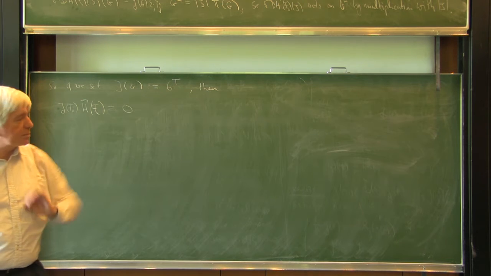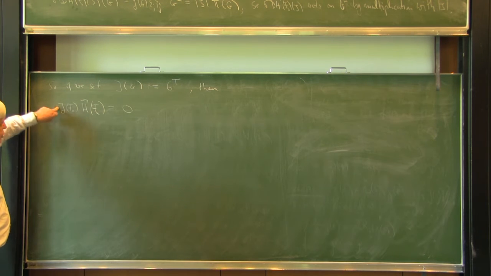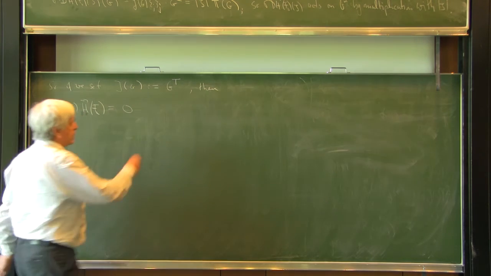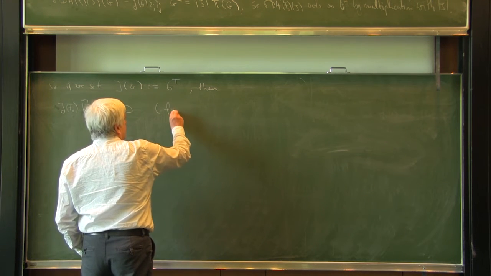The mean curvature vector is pointing in normal direction, so our J acting on our actual speed is 0, which was the first condition,